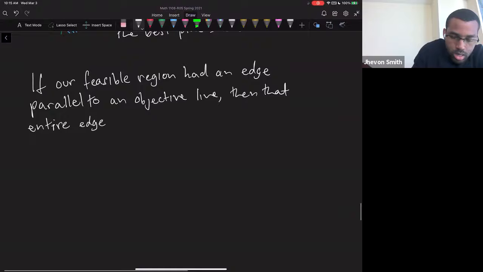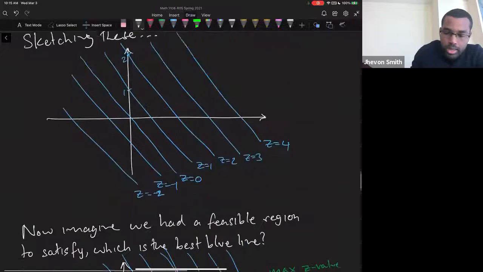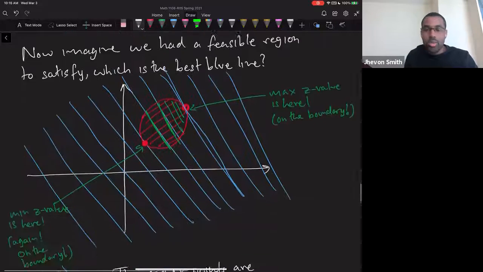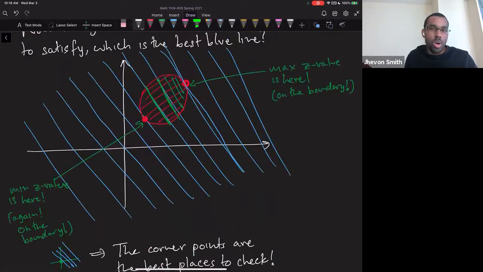Wait, in this example, which one's the objective line? The blue lines. Oh, all of them? These are the Z lines. Yeah. So the thing is, when you just start the problem, you don't know which the best one is, right? So I just drew a bunch of them, and I'm going to pick the best one after the fact, right? Clearly, by looking at my picture, I see that the best one to pick is going to